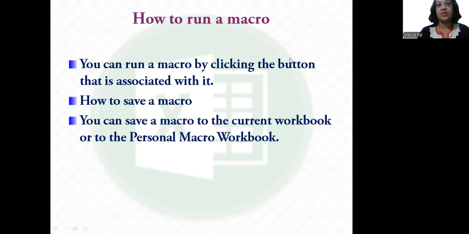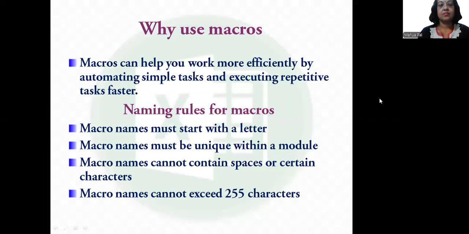What is the benefit or the use of a macro in Excel in your daily official work? The reason for using a macro in your regular official work is that macros can help you work more efficiently by automating simple tasks and executing repetitive tasks